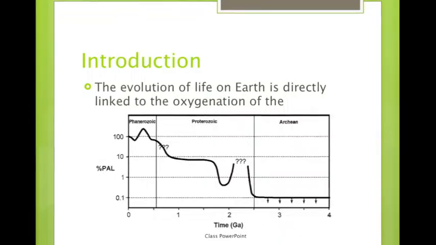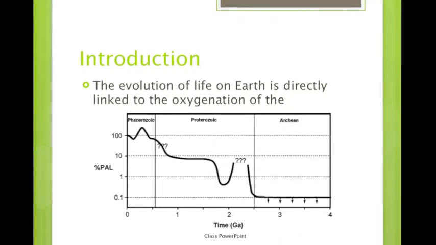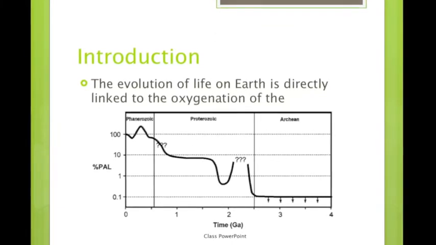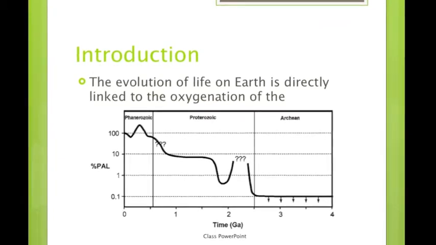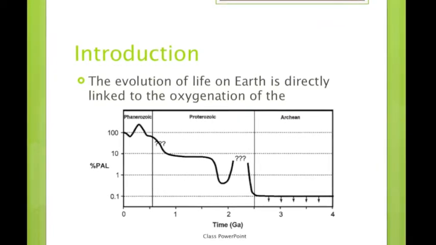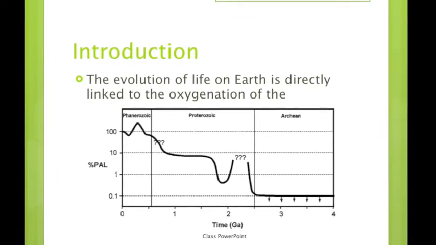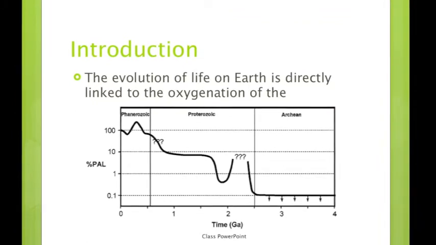We know that there was minimal oxygen on the Earth billions of years ago, and as you can see by the graph, there may be even less than 0.1%. Today, the atmosphere consists of 21% oxygen. The oxygen revolution is the greatest atmospheric pollution event on record. It fundamentally changed the oceanic and atmospheric conditions on Earth. Also, the evolution of life on Earth is directly linked to these changes.